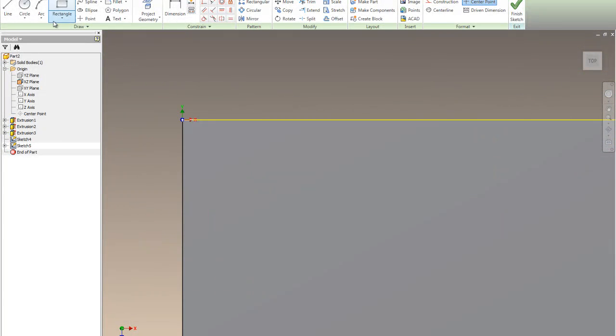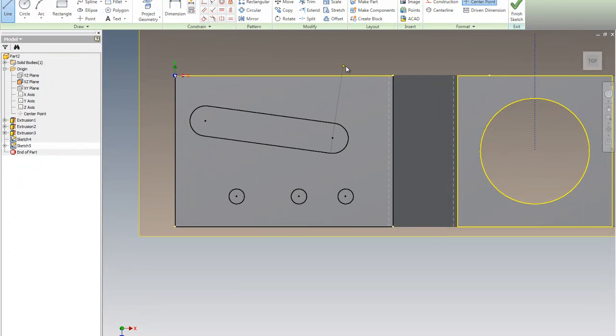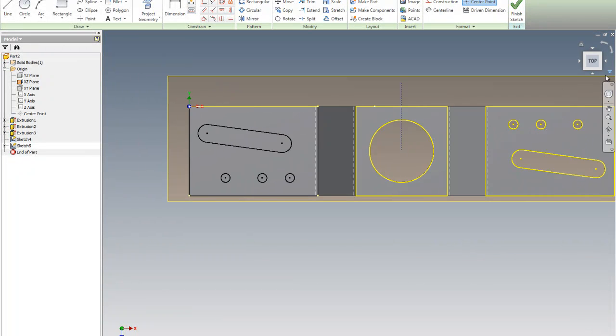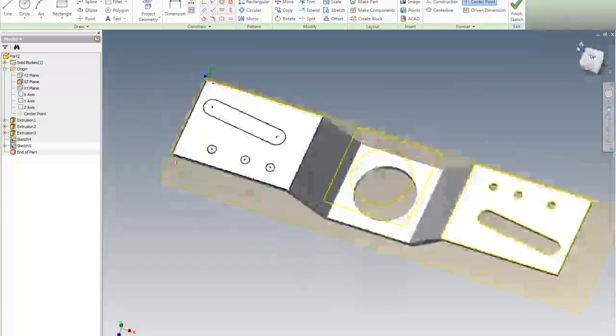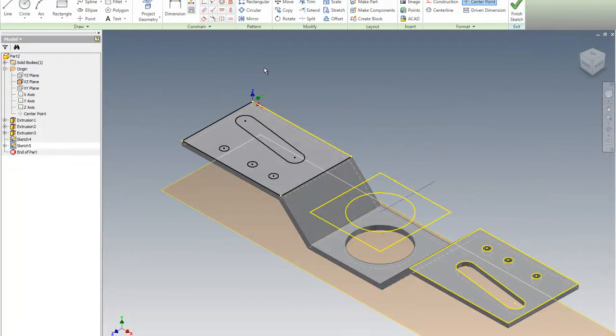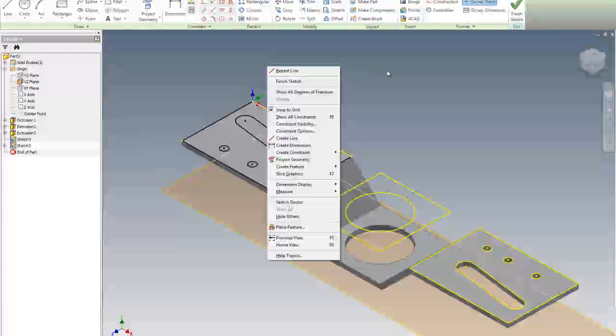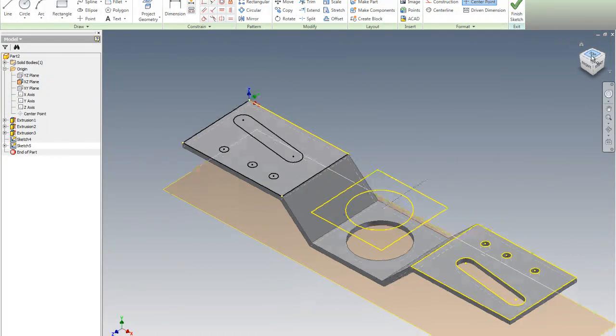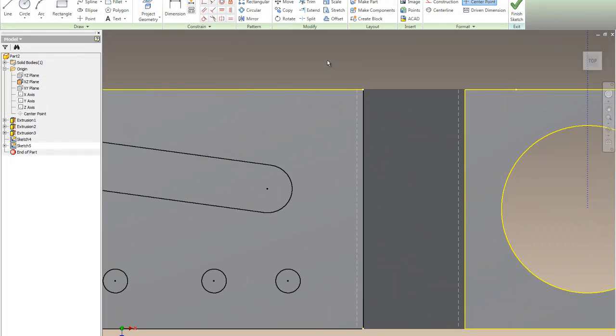Okay. I'm going to do one more. I actually don't need a line here because of the fact that when I projected that geometry, it gives a geometry for it to do what I need to do. I'm going to go into my home view. Okay, there we go. I'm going to go right click. Oh, it looks like I need one more circle up here. I forgot that. So I'm going to come over here